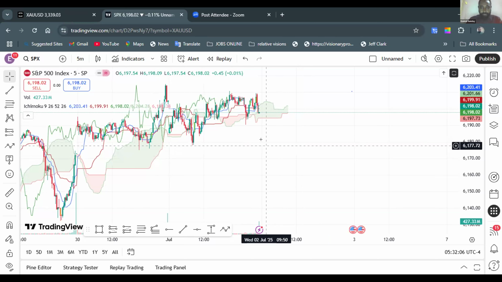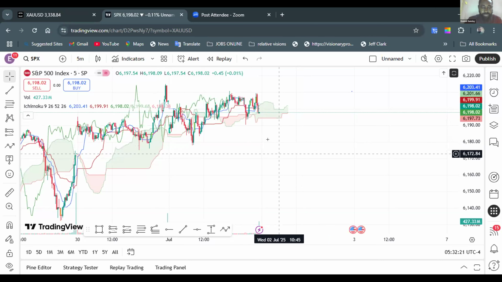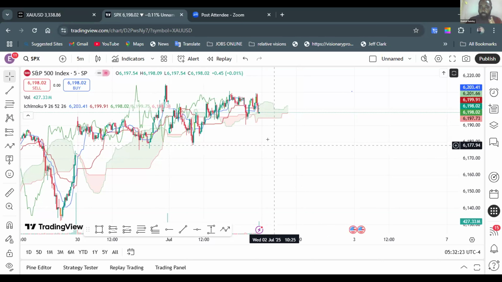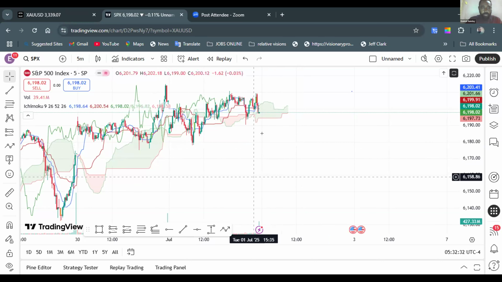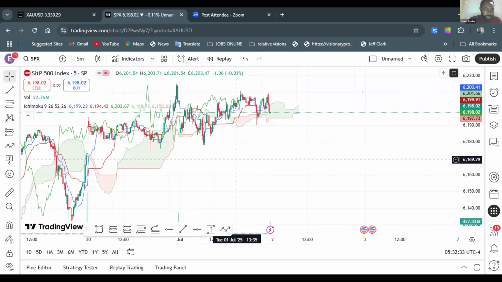Then on the market, on market structure, there are about 6 structures that drive the market, and other ones too drive, but at least if you can run with 6 for now, then you're good. And what are those 6? The first one, whenever you see an M, when you see an M,